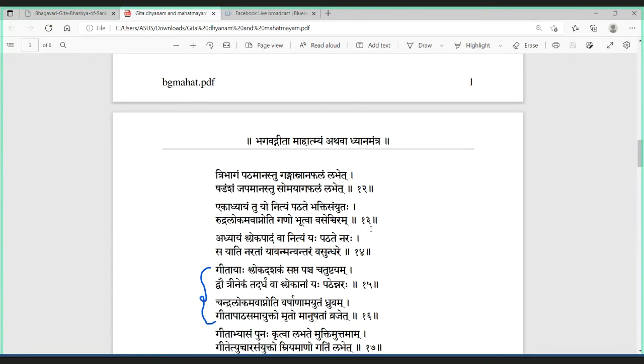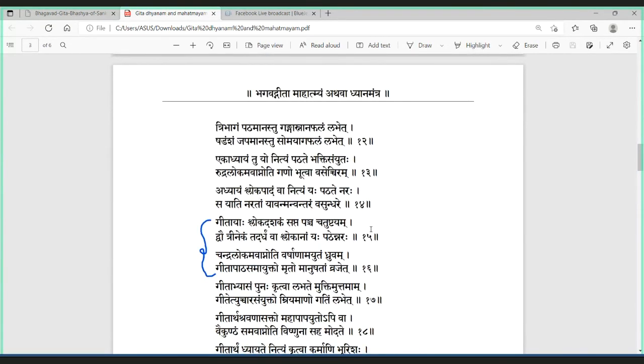So he gets the Somayaga Phalam Labhet. He gets the phal of Somayaga, and the phal is beneficial to the whole society. Somayaga phala brings prosperity. It brings the natural laws in order to benefit everyone, society as a general. No demarcation to humanity, to life. That's one of the phalams, and of course to the person it gives a lot of anugraha. All that Somayaga anugraha will be earned how? 3 chapters. Just 3 chapters japam.